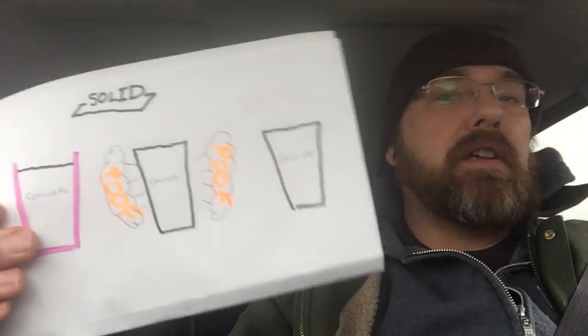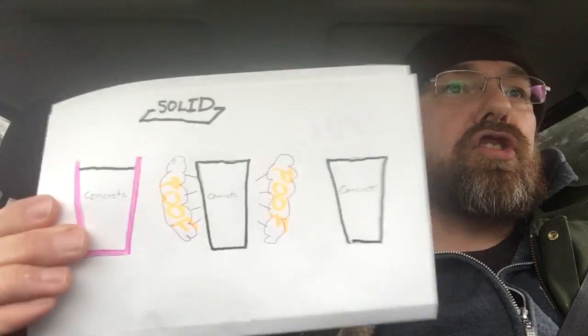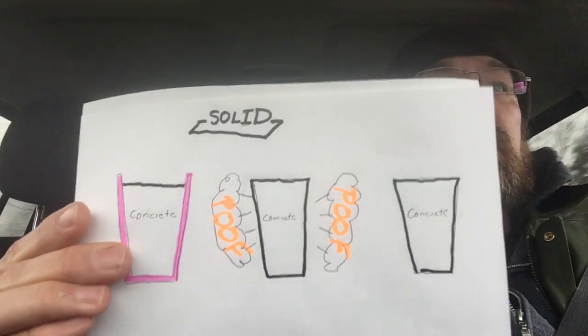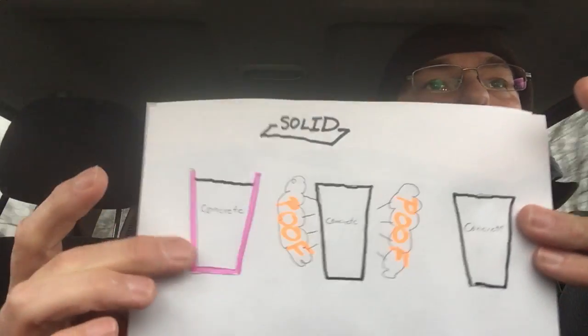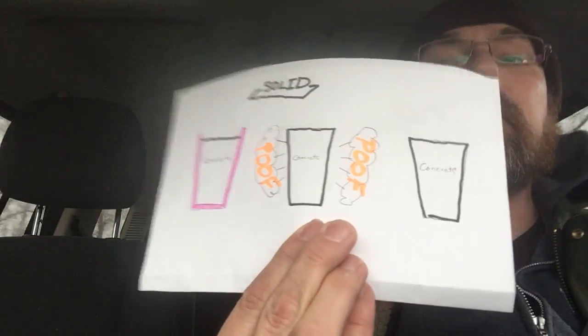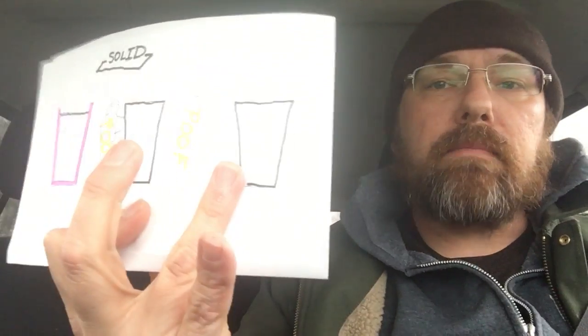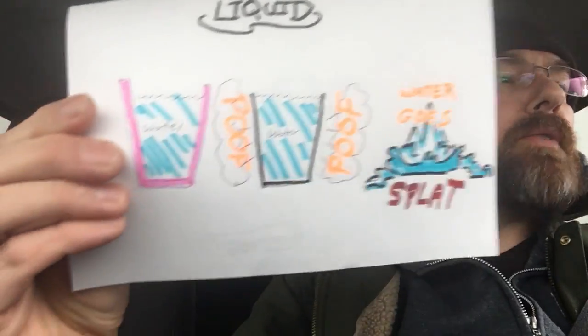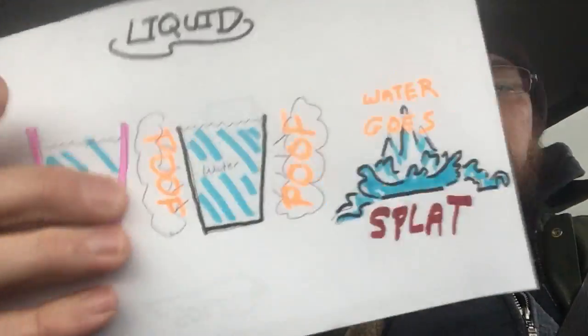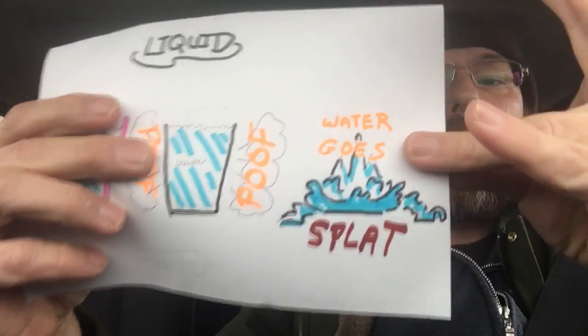So I did this little diagram of mine to show shear strength. The pink here is a glass, in a cross-sectional view. This is a solid. You have solid concrete in a glass. If the glass were to just disappear, the concrete holds its shape. It has strength. In a liquid, we do not. Same thing, the pink over here is my glass. My glass just disappears and the water goes splat. It has no shear strength.